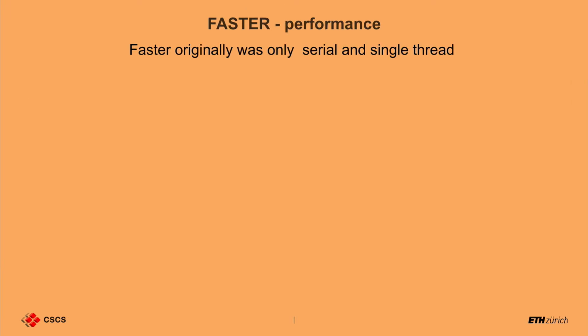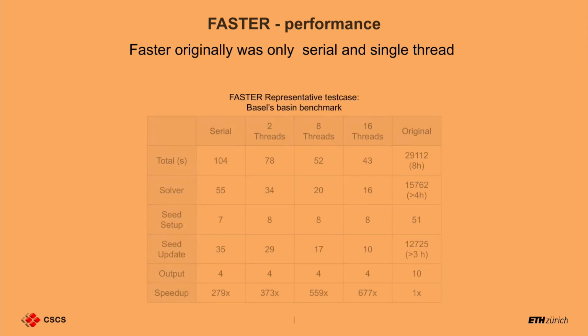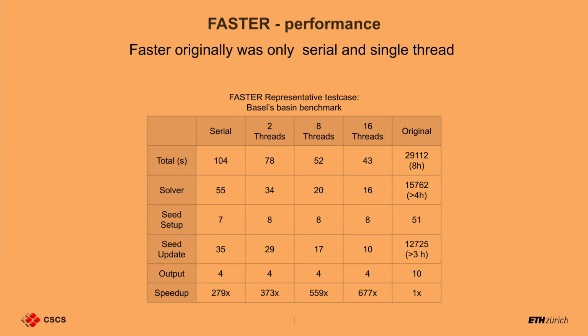When we started working on Faster, we used this benchmark. This was the original code we got. We optimized the code, and this is the optimized code. It was a serial code, and then we ported it to Utopia in order to parallelize it. Simply using Utopia it was parallelized, and this is the performance that we got. The part running on Utopia is the solver, and with 16 threads it takes 16 seconds, and it's not anymore